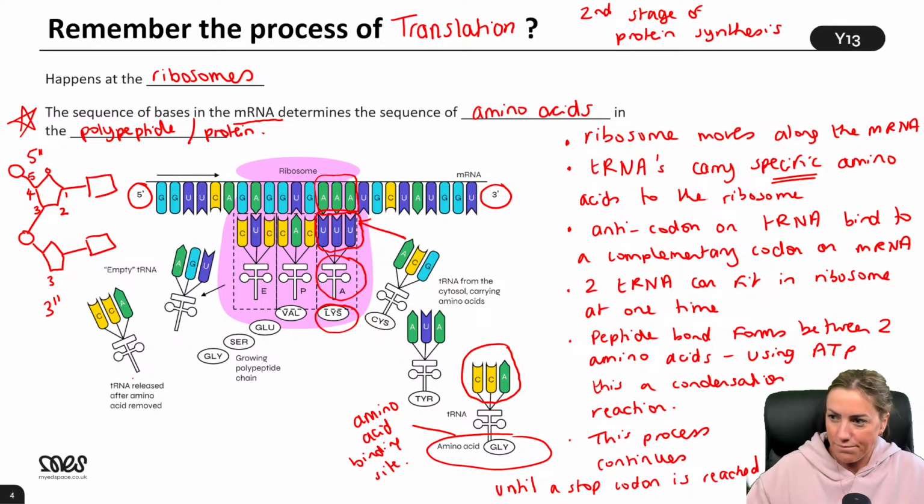Okay, right. And some of you are talking about sense and antisense strand. Again, I think you're slightly overcomplicating it here. When we're talking about transcription, you can just call the DNA strand that is being used to make the mRNA or is acting as a template, we tend to just call it the template strand.